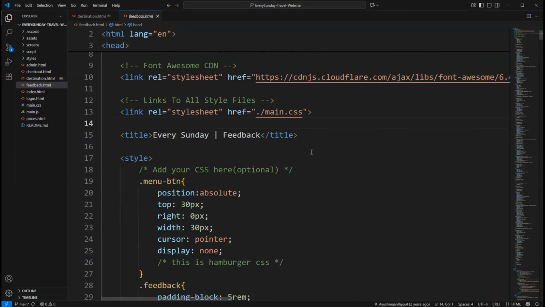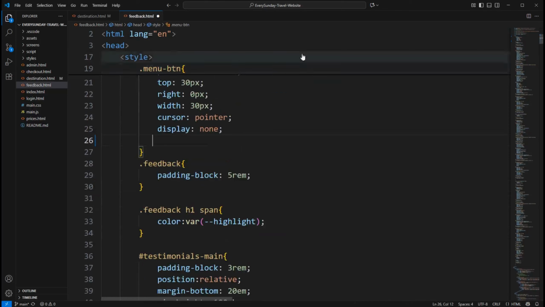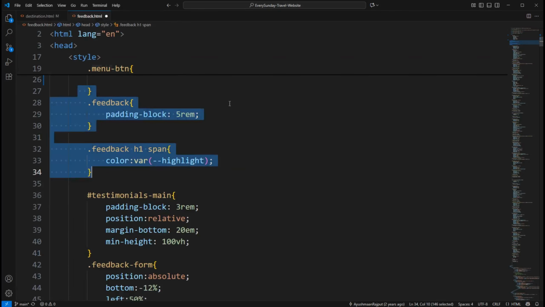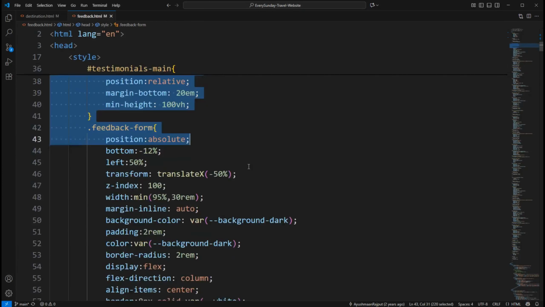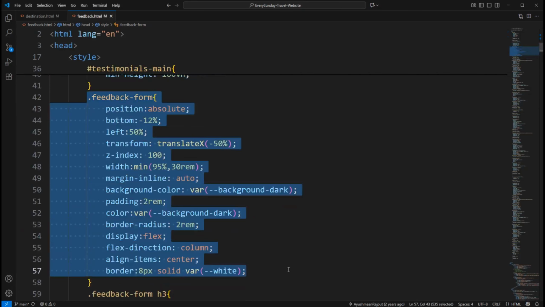Beginning with the HTML, the document is declared with doctype HTML and language set to English, including essential metadata like character encoding, UTF-8, and viewport for mobile responsiveness, while the head links external resources such as a favicon, Font Awesome CDN for icons, and main.css for global styles, and also defines a style block containing custom CSS specific to this